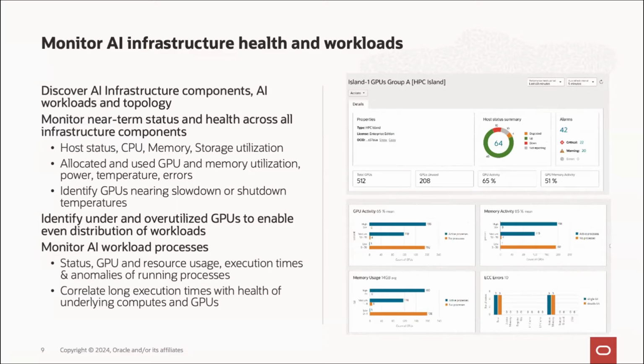of AI island, AI workload island. So that is basically a set of GPUs clubbed together and running a specific AI workload, right? In that regard, the users will be able to very quickly identify how many GPUs are total there that are running across this HPC high performance compute island, and how many of those GPUs are being used, and what are the activity levels from a GPU or memory perspective. And the user will be able to very quickly identify some of the anomalies or the hotspots or problem statements across this cluster.